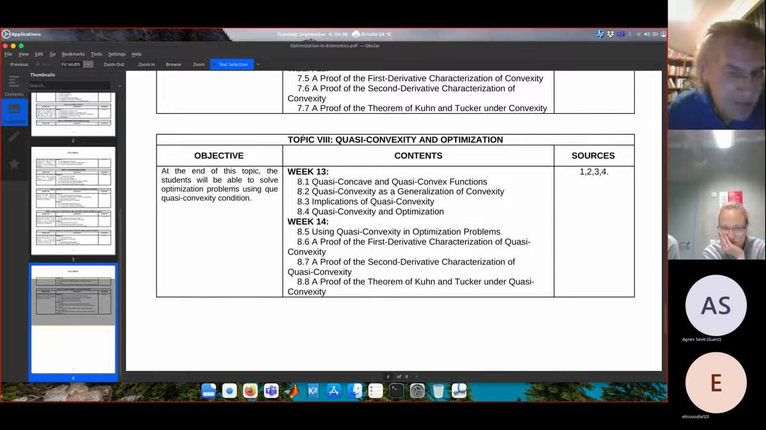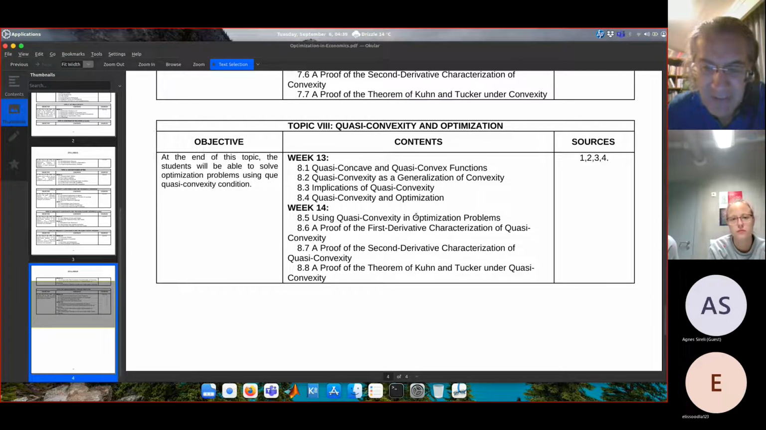So basically we're going to cover the same topics, but now relaxing the condition, not convexity, but quasi-convexity. The objective is that at the end of this topic, the students will be able to solve optimization problems using the quasi-convexity condition. Week number 13, quasi-concave and quasi-convex functions. Quasi-convexity as a generalization of convexity, implications of quasi-convexity, quasi-convexity in optimization, and in the last week,